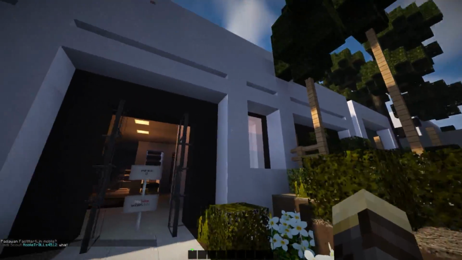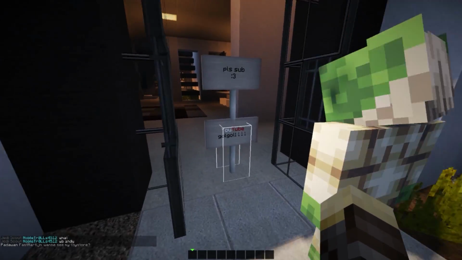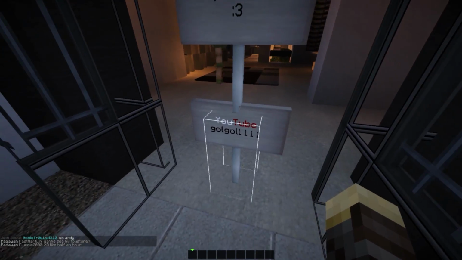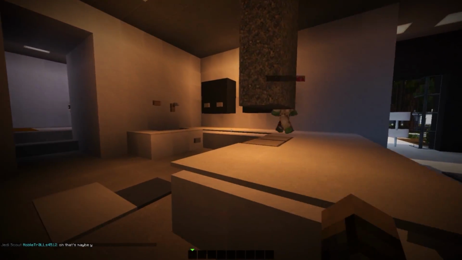We're flying down. The house does look fantastic. It's in the modern style and he's done very well. The guy who made it, Golgol1111, check him out on YouTube, guys. He has done an amazing job. Absolutely. Okay, first floor we have on the right hand side, straight off the bat, a nice modern kitchen with